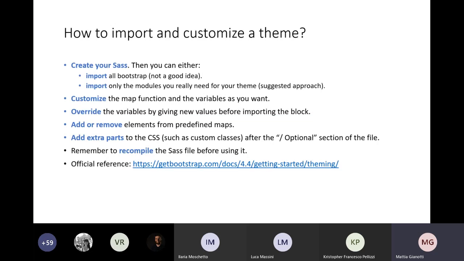It's just that if you want to start with a theme, you are almost required to do it. That's the only reason why I prepared this very, very summed up version of the